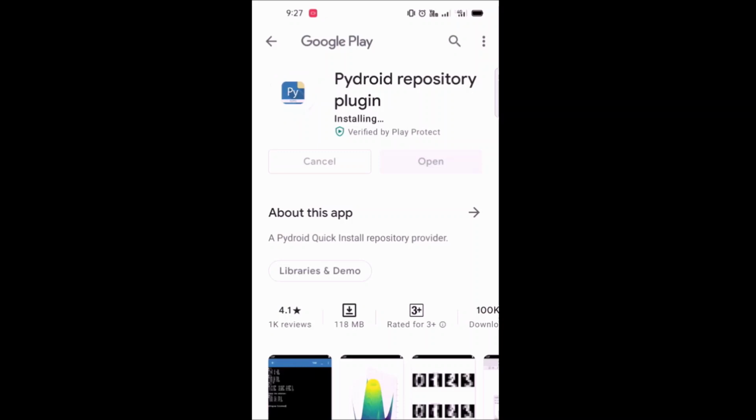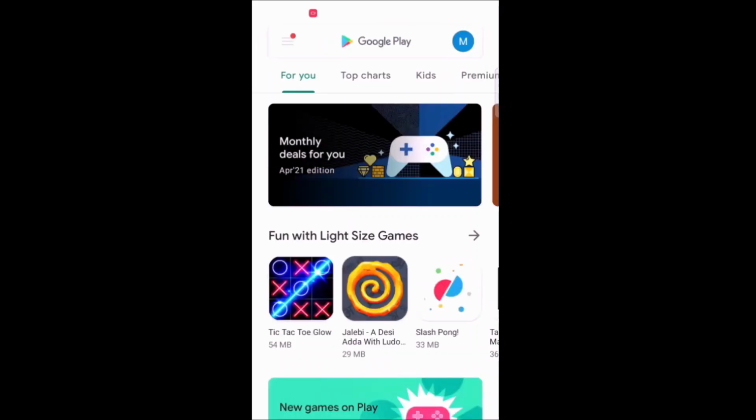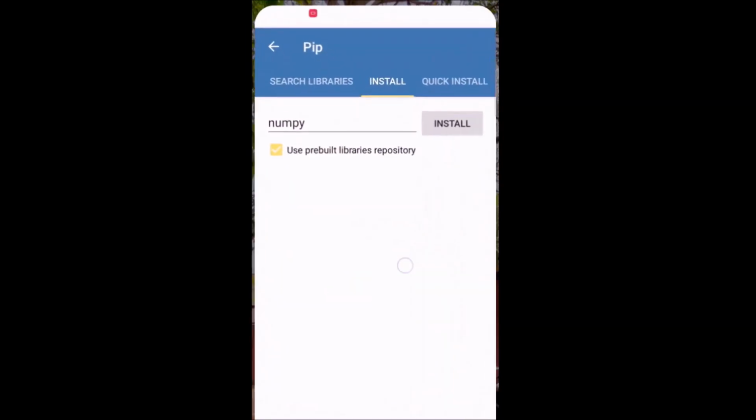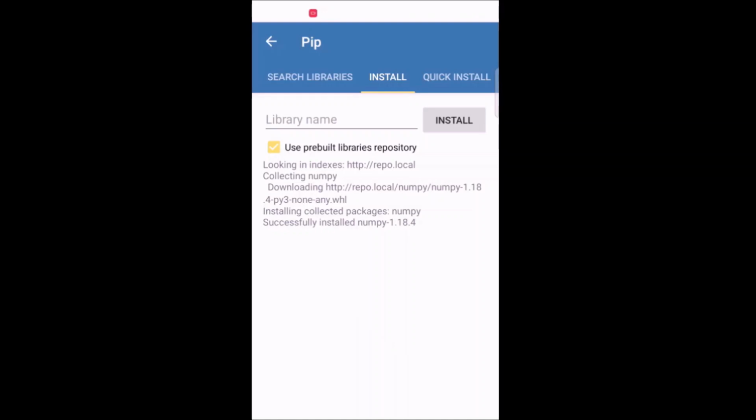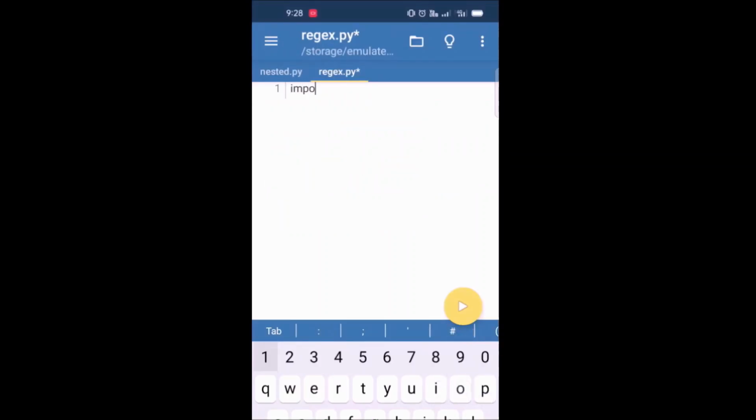Now after installation of the Pydroid repository, go to the Pydroid environment and then click on install. Here is NumPy. Now you can see NumPy is installing. After installation of NumPy, we will use the NumPy package for writing a program. I will show you how to write a program for NumPy in the Pydroid environment.